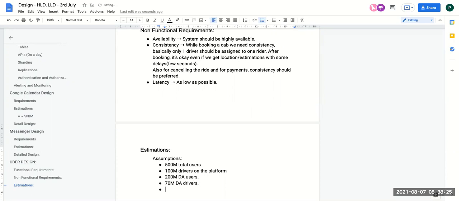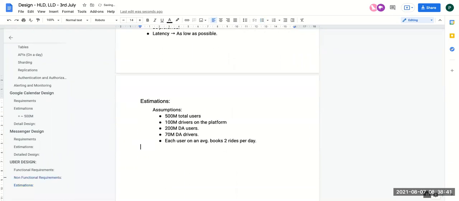We can say that each user on average books 2 rides per day. So these are some of the assumptions.